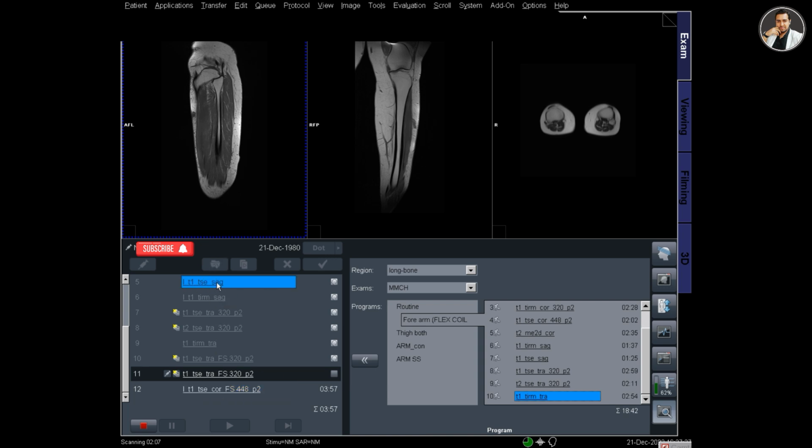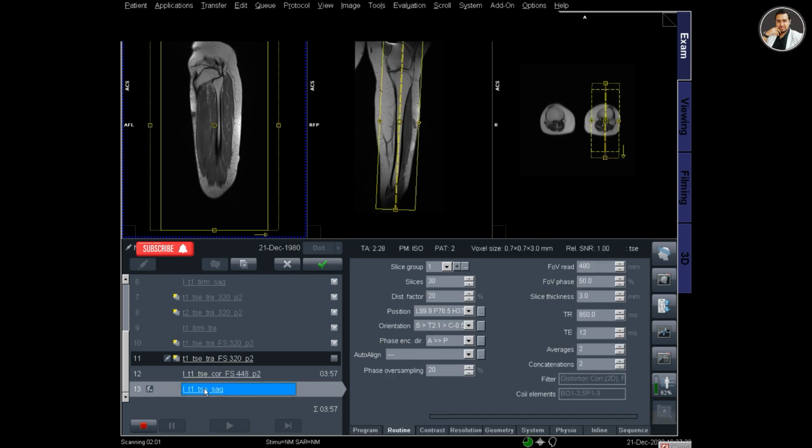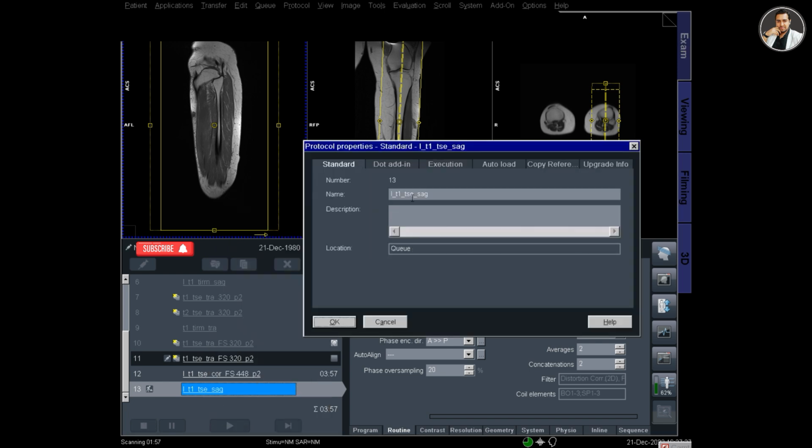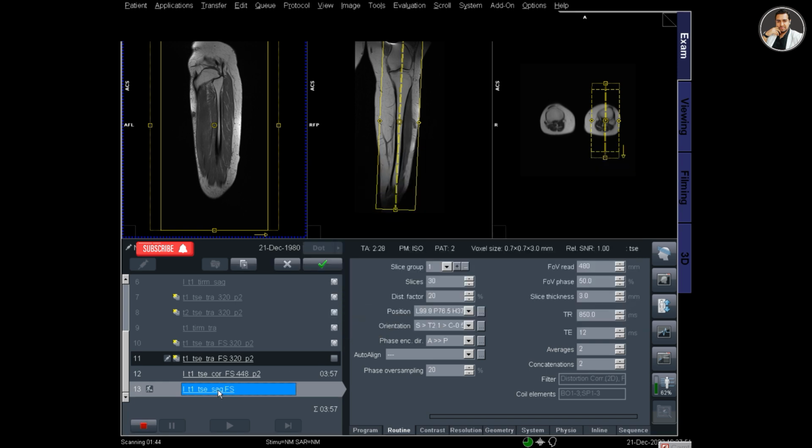Then T1 transverse is running, and after that the T1 coronal fat set will start. And now I am dragging the T1 sagittal down to make it fat saturation. First rename the protocol adding FS, that means fat set, at the end, and then click OK. You can change the name of the protocol from the properties.